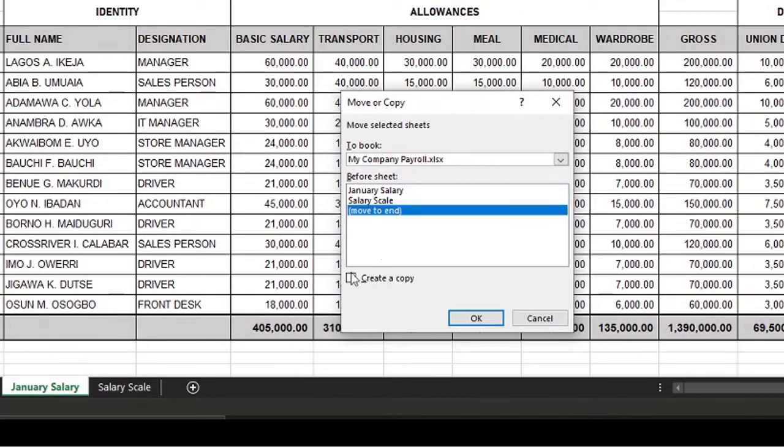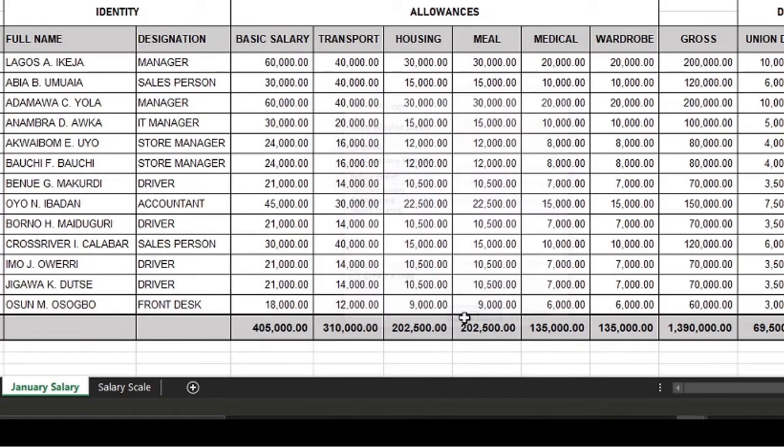If I want to move this to the end of this workbook, it means to the end somewhere here. But what we want to do is to put this new sheet, the January salary we want to copy, in between January and salary scale. So we'll put it on this salary scale such that it will move the salary scale downward to the end and insert this new sheet in the middle there. I'm going to create a copy because I want to create a copy of the January salary and put it inside. So you create a copy right there and you click on OK, and as we can see, it has created